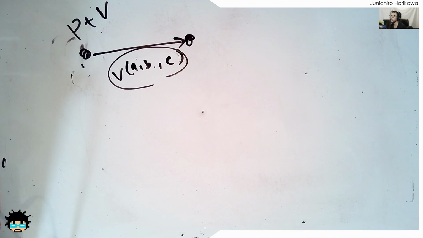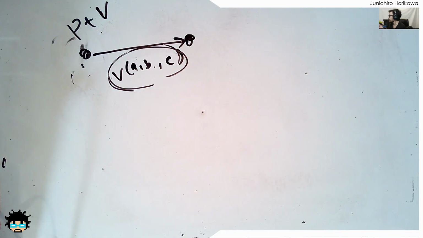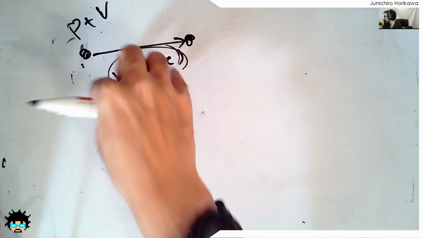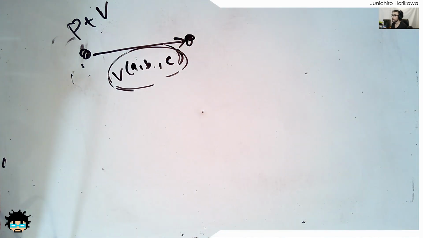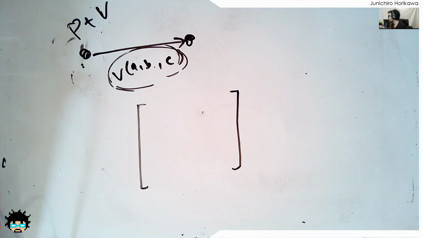But in most cases, if you only have a translation, you don't really need to use a matrix, but you can just use this vector and add it to the point coordinate. But if you have a complex transformation and in between you have translations, you might want to use a matrix instead of using the simple vector addition to translate the point to another coordinate. So to do the translation, you use a 4x4 matrix,